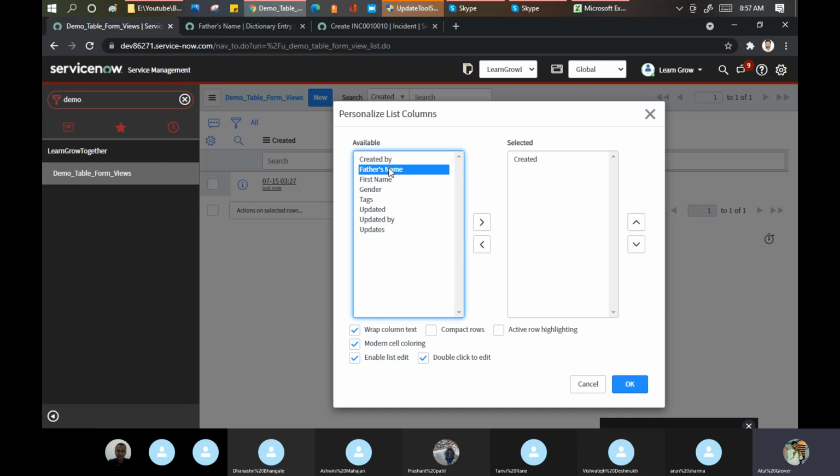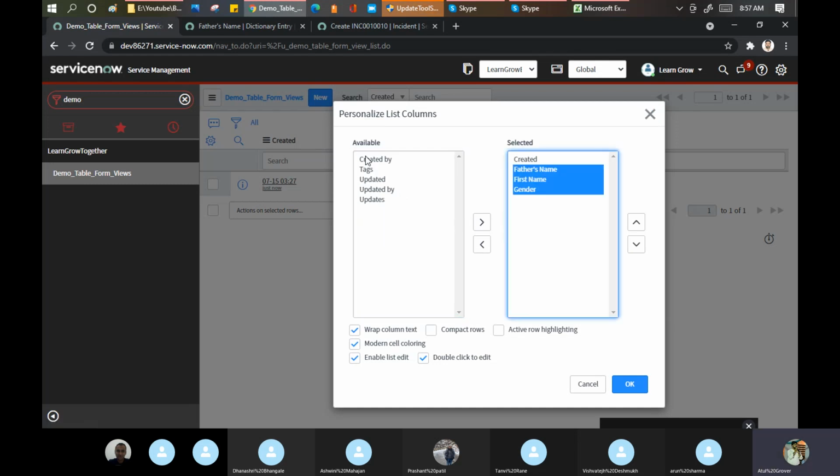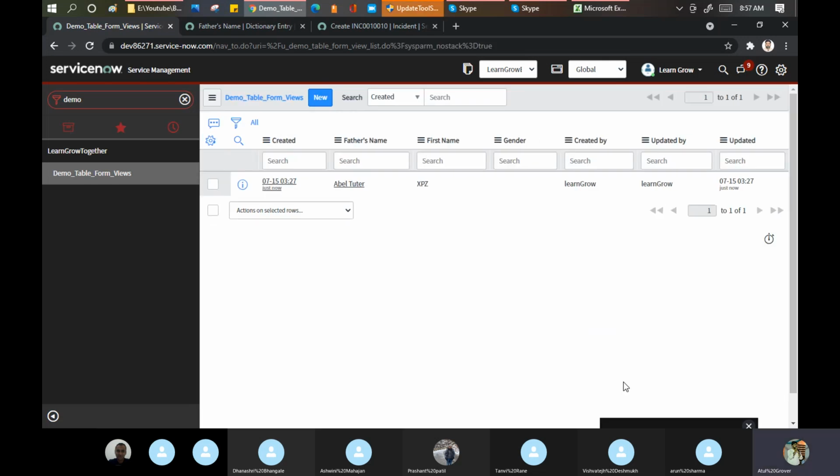These three fields we created: father, first name, and gender. Created by, updated by. Okay, now if you see here, do you think that we need to bring the created by on the form level?